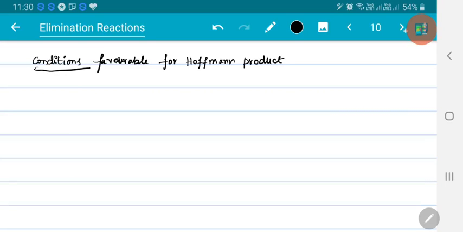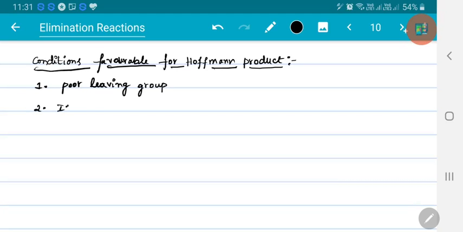Right. So a very important condition is that the leaving group must be poor. The leaving group is not willing to go. That means among halogens, fluorine must be there. So condition 1: poor leaving group. Whenever we see a poor leaving group, it will generally lead to formation of the Hofmann product. Condition 2, if the base is bulky,